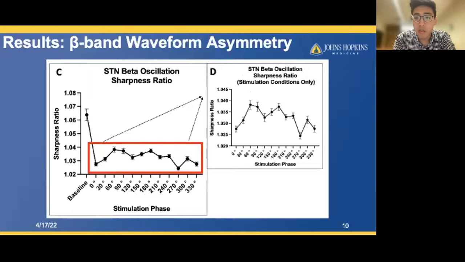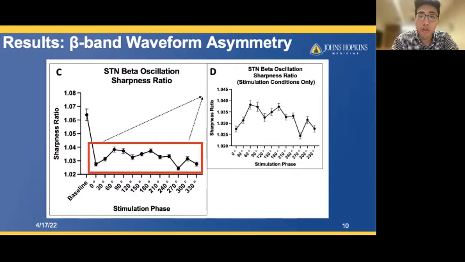Now, for the beta band waveform asymmetry, the degree of asymmetry was calculated using a metric called the steepness ratio, which is a ratio between the peak sharpness and the trough sharpness of the waveform. So the higher the difference between peak sharpness and trough sharpness, the higher the steepness ratio, which corresponds to a higher degree of asymmetry. All PTS conditions could effectively suppress this heightened sharpness ratio shown in baseline and the pathological state, right? But within the PTS conditions, the 270 degrees stimulation, which is the rising phase just after the trough, could maximally